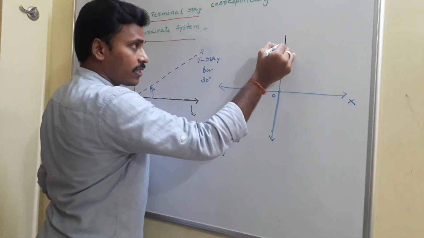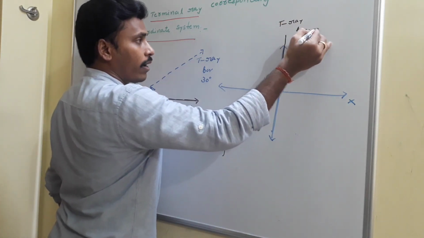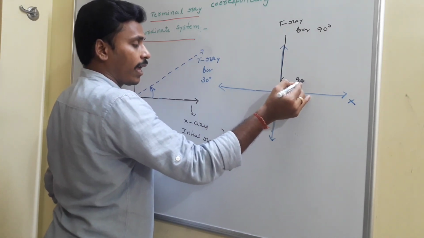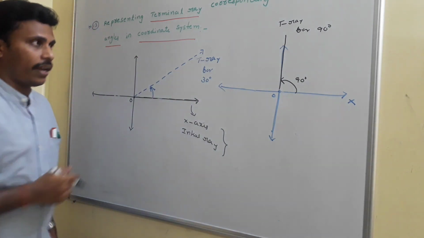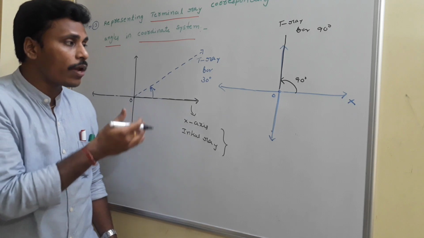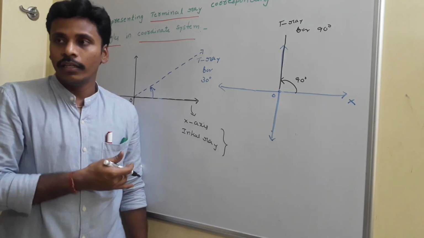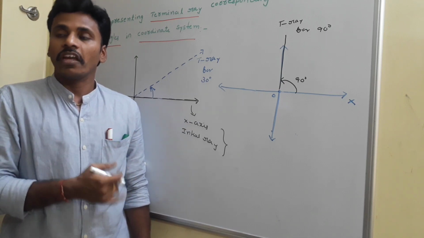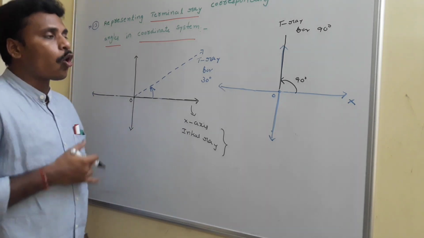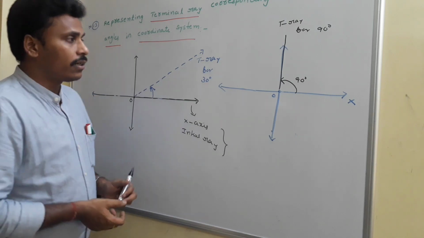So if you look, this is the terminal ray for an angle of 90 degrees. So you need to indicate the angle in such a manner. See, the arrow you have to indicate like that, since we are rotating in the anti-clockwise direction. Likewise, you need to rotate the positive direction of the x-axis, treating it as the initial ray, as per the given angle to represent the terminal ray. Give any angle, and surely I will represent its terminal ray in the coordinate system by taking the positive direction of the x-axis as the initial ray.